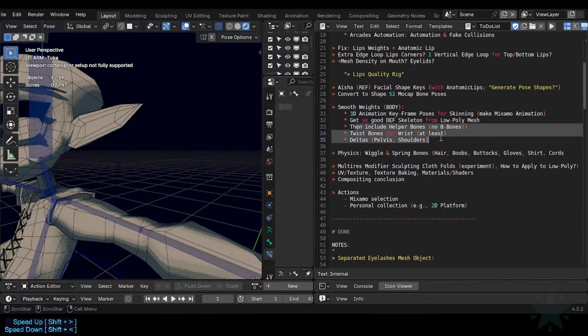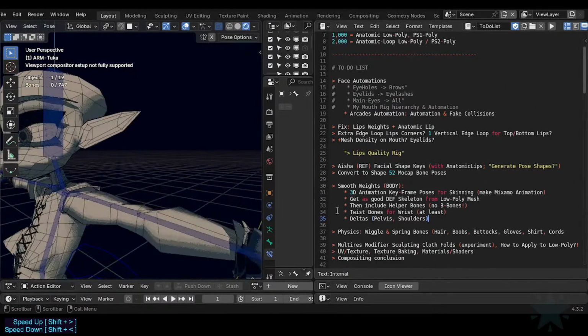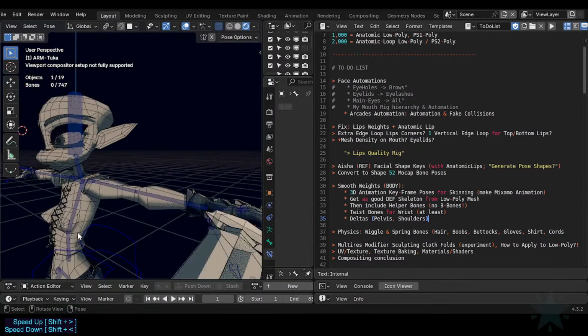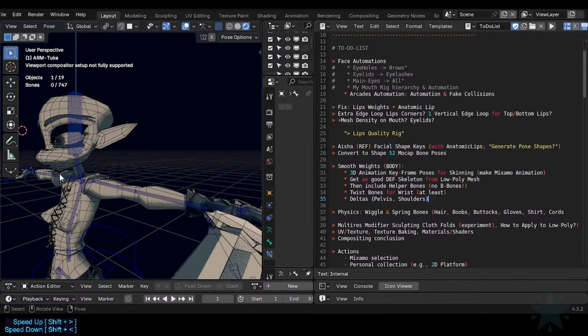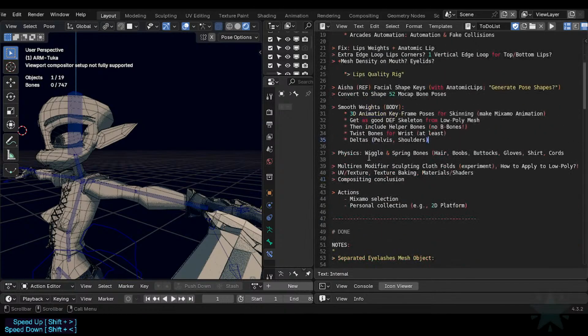So this is advanced rigging, but it will not be as difficult, also because this is low poly. I think this will be kind of interesting, not as complicated for me as what I've been through with the facial rig. And then